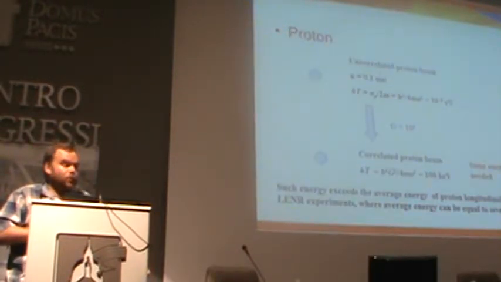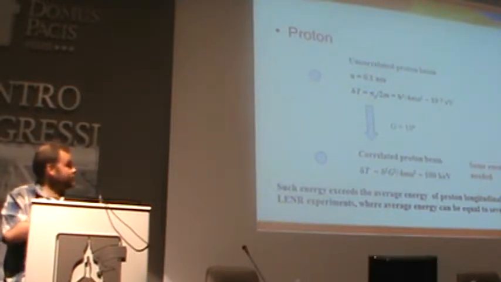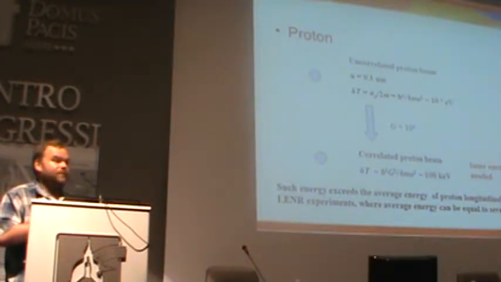So, for example, if we have an uncorrelated proton, and we represent it as a wave packet, the width of this packet is nearly 1 angstrom. For example, we have low energy, and the uncertainty of this proton in the uncorrelated state is 10 to the power minus 3 electron volt. If we have a correlation coefficient of 10 to the power 4, then we have an uncertainty of energy